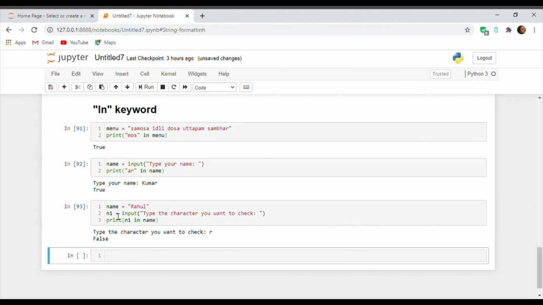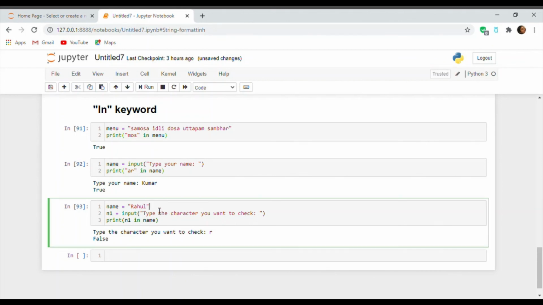And then I have asked the user to type the character that they want to check. So here I have written r. So now I'm getting the result as false. Why? Because small r is not present in name. The name has capital R, not small r.